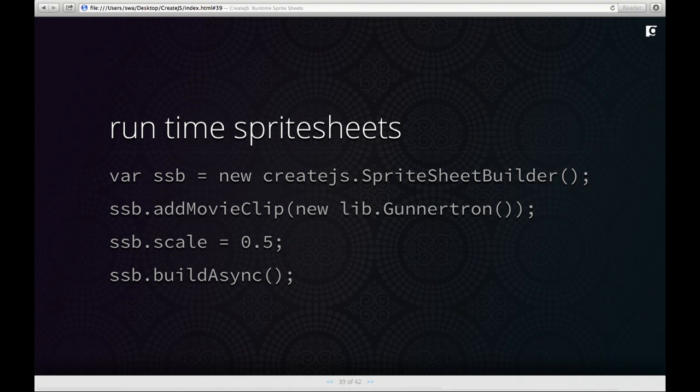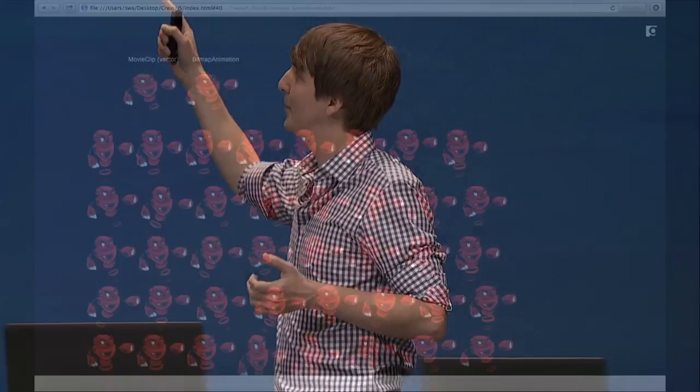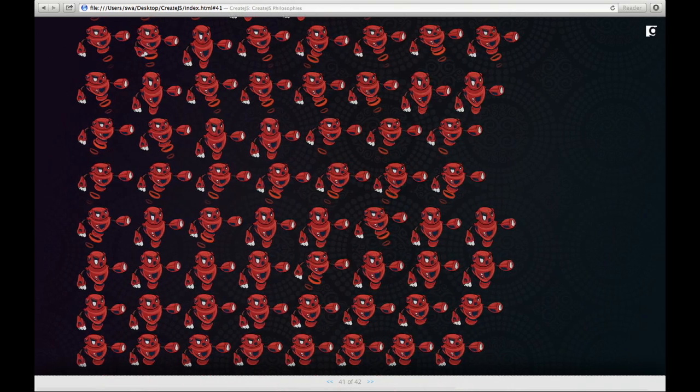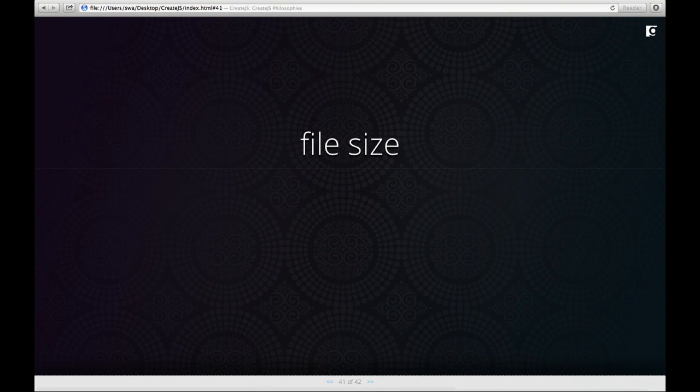And we can basically just say, I want to create a new sprite sheet. I want it to be based on my Gunnertron animation, which is the animation you just saw. I want to scale this out at 0.5, so half scale, and I can change this depending on what my target is. On a phone, I might make it smaller than on a tablet, for example. And then I want to build this asynchronously, so I can actually do this while other things are loading. It's going to take that movie clip, it's going to generate a whole sprite sheet for me, and then I can use that sprite sheet in my bitmap animation, just as though it were the original source. And so I'm going to get great performance using the sprite sheet, and I'm going to save a ton of file size. So in this specific example,